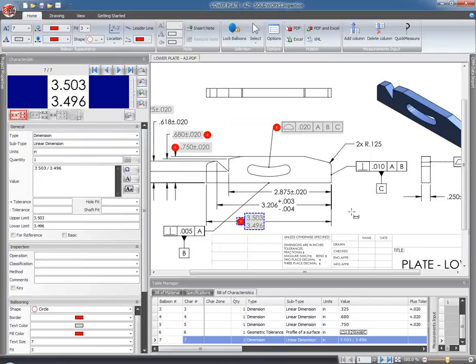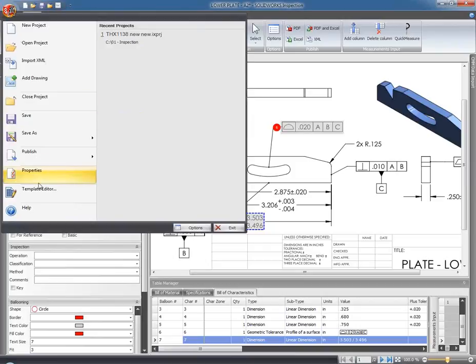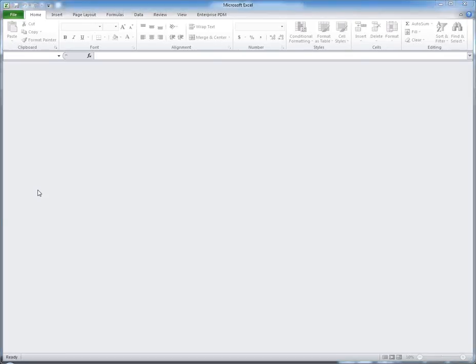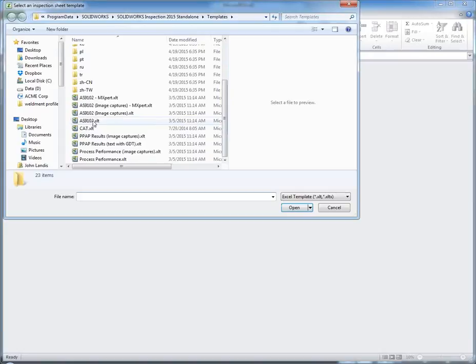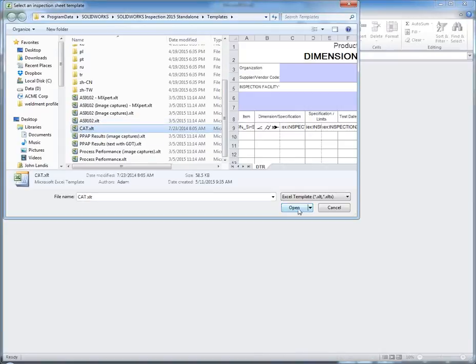How can we create these templates? The technique that we use, both in the standalone as well as in the add-in, is that we work within these Excel spreadsheets, these Excel spreadsheet templates. So if I take a look at this one here, for example,